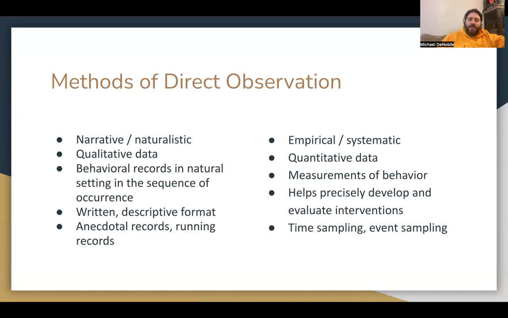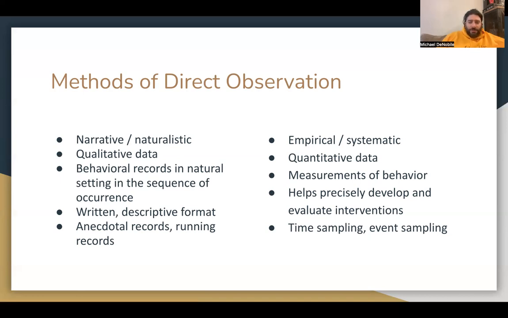The narrative naturalistic methods create what we call qualitative data, and then the empirical systematic ones create quantitative data. The narrative method creates behavioral records in natural setting, in the sequence of occurrence, and they include